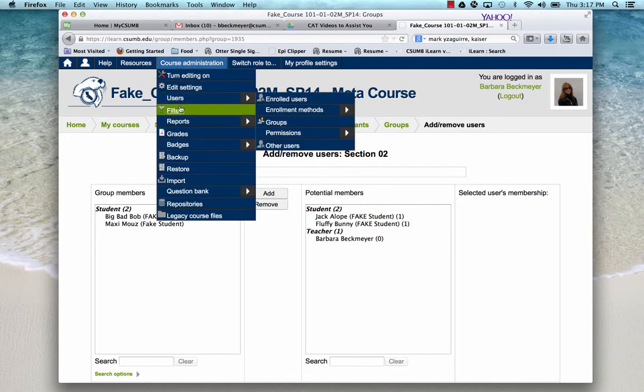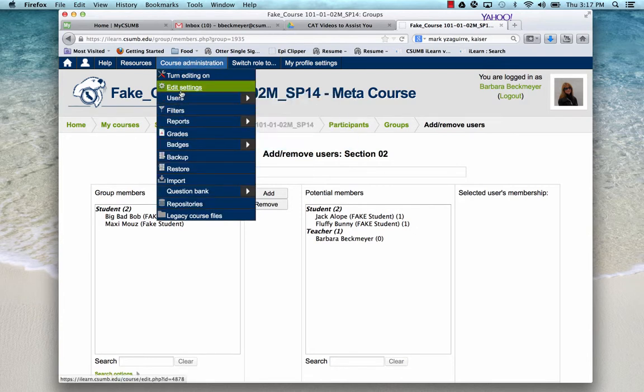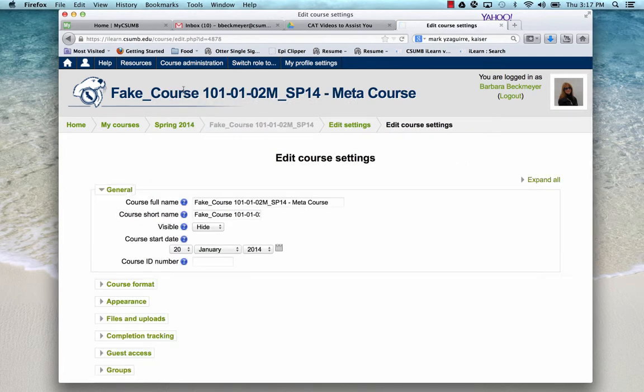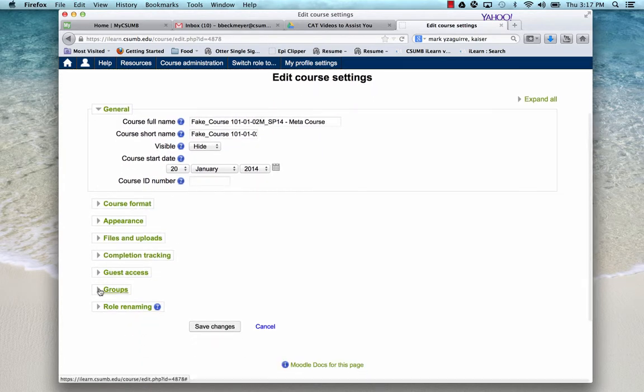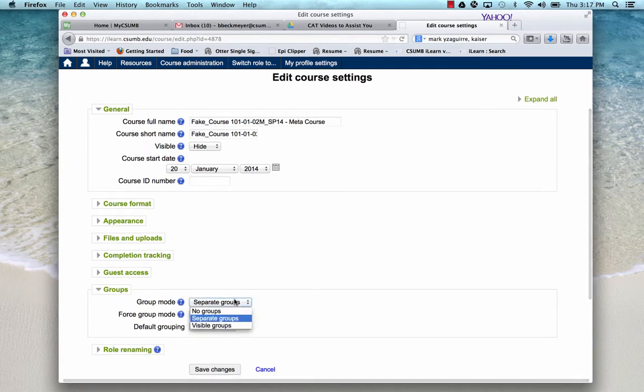I'm going to go back and I'm going to click on this Edit Settings. This is the edit settings for the whole course. I'm going to keep my course hidden until I have everything all ready. But if I go down to the Groups area, I want to make sure that either Separate or Visible Groups